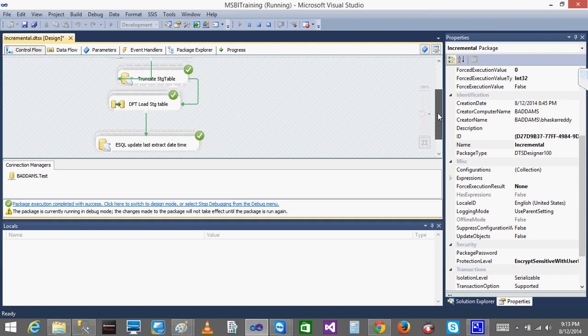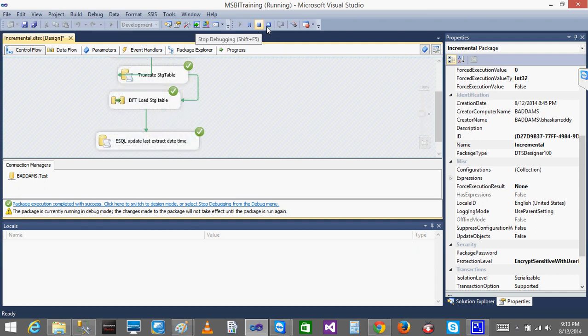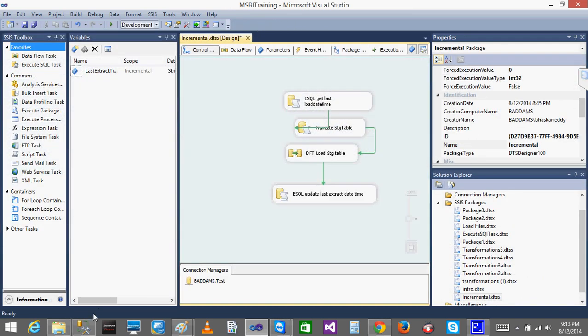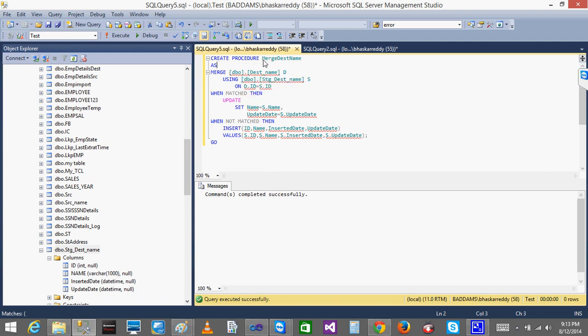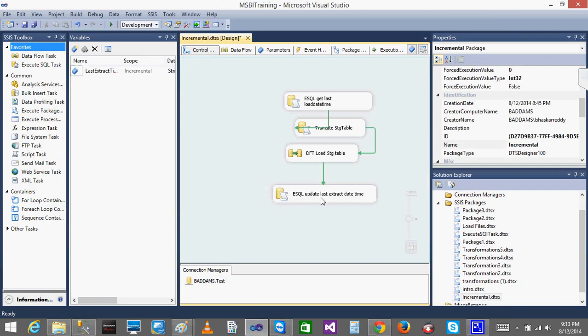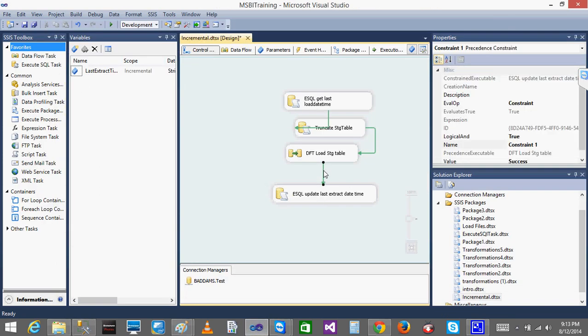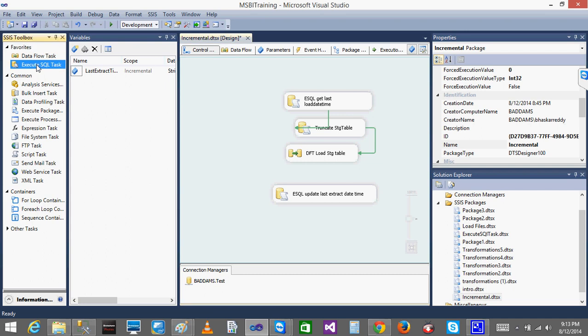After this, I loaded the data into the staging, but I need to merge with the destination, right? I have created the stored procedure, so now you should execute it in an Execute SQL task. Sorry, I forgot that. After loading the data into the staging, you merge the staging data with the destination table.